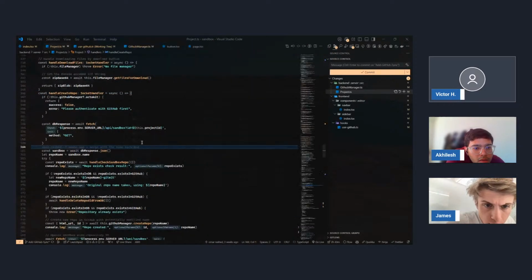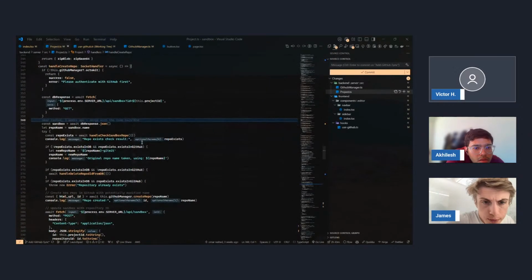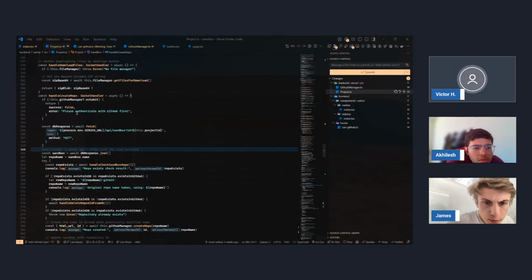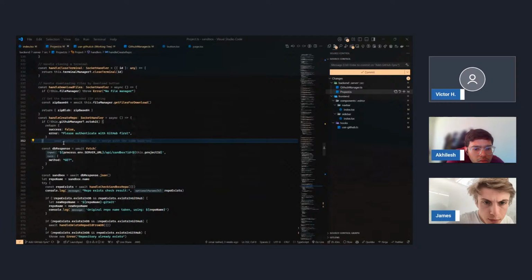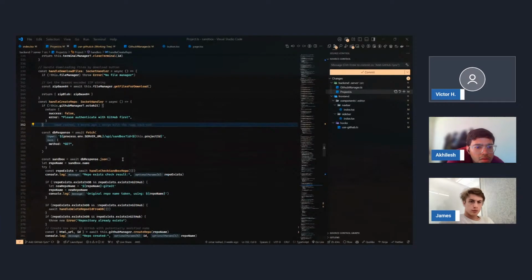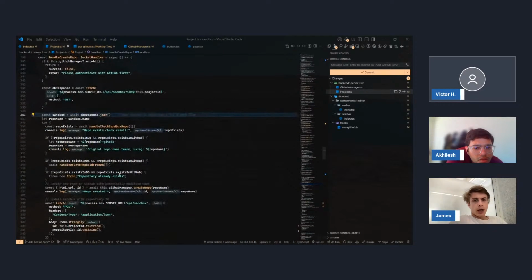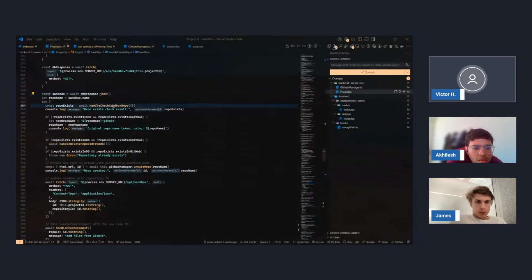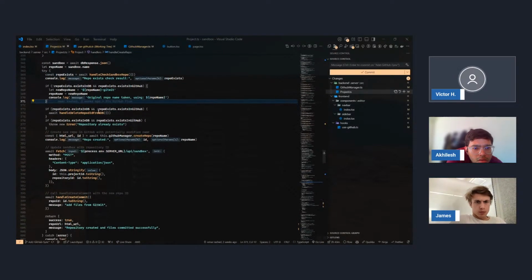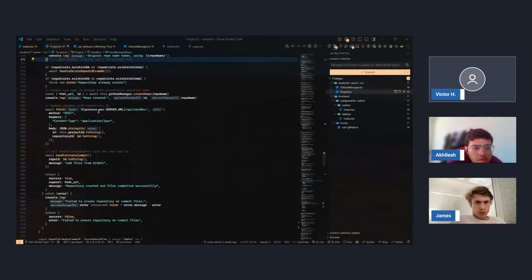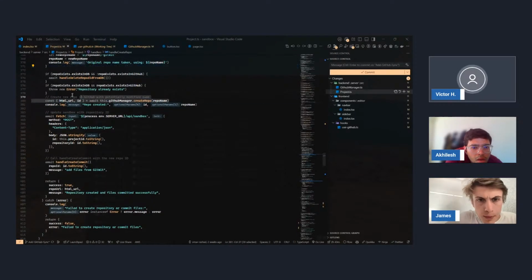Okay, and the create repo, it gets the sandbox, checks if the repo exists or not, gets the name for the repo, aha, so it creates the repo,